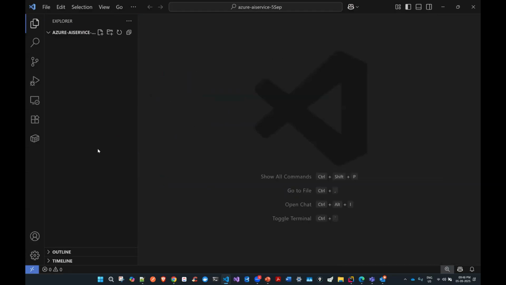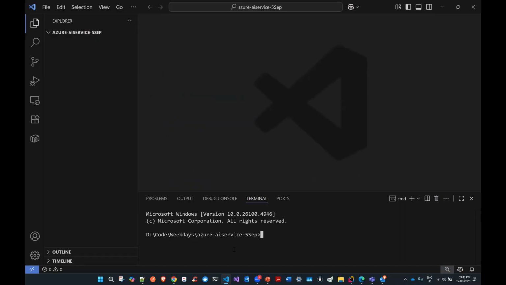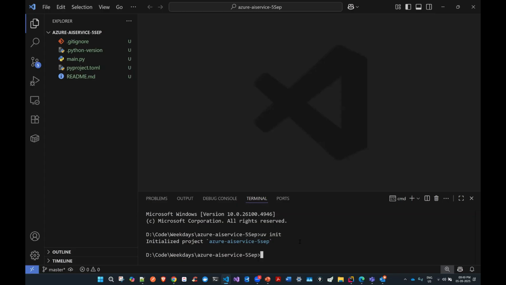So this is my VS Code. Now in the VS Code, I can initialize the application using UV. We have the command uv init. It will initialize my Python application simply. This is how the Python application is going to be initialized.